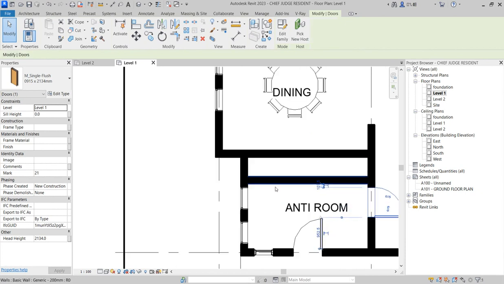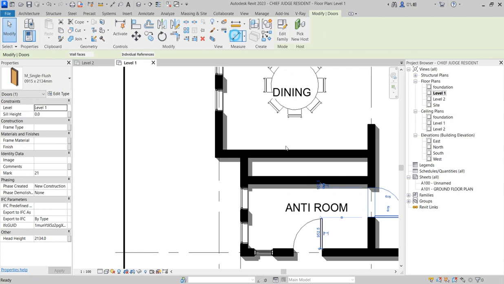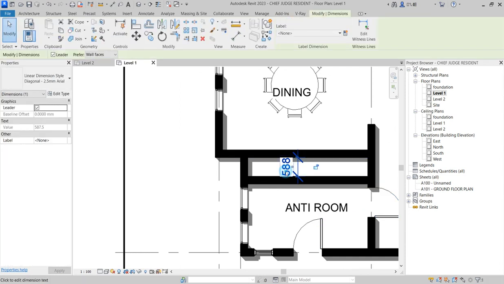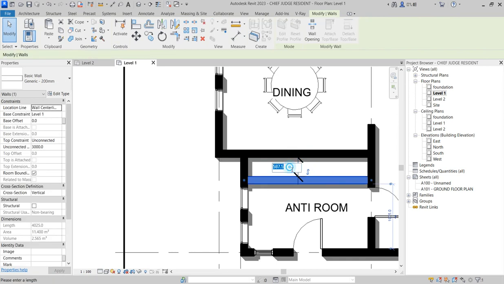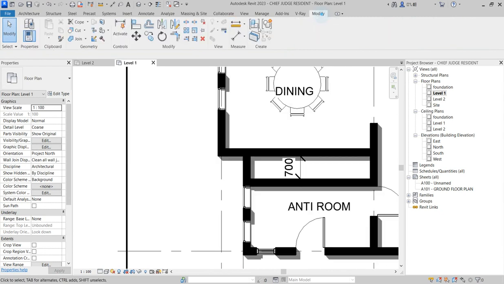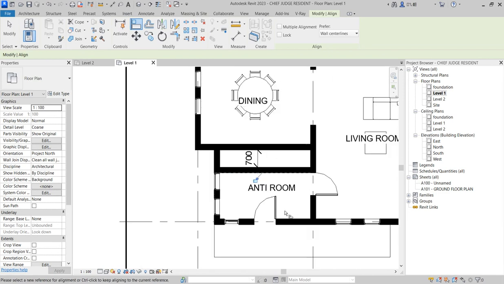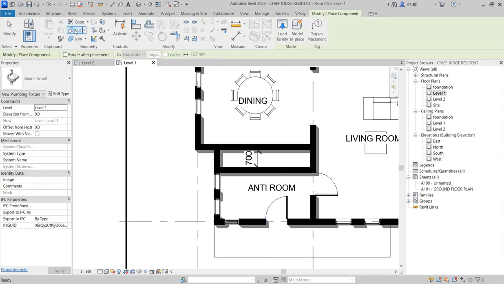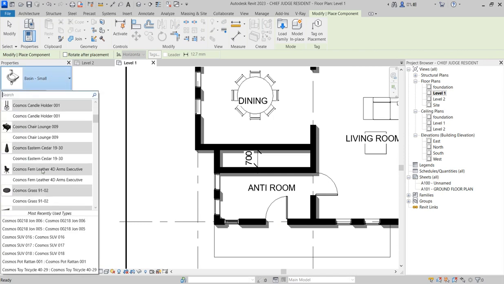When you push this down, check the dimension. This is 5 something, so let it be 700. It's okay for a size of 100. Then this is going to fix itself up. Arrange this and then let the window follow the door. From here you move this to the edge, then you select the template for this. Then I'm going to use